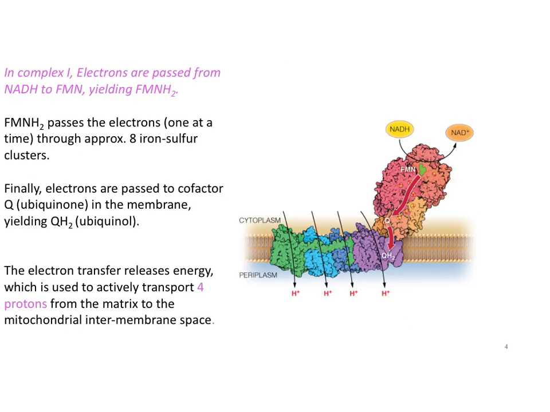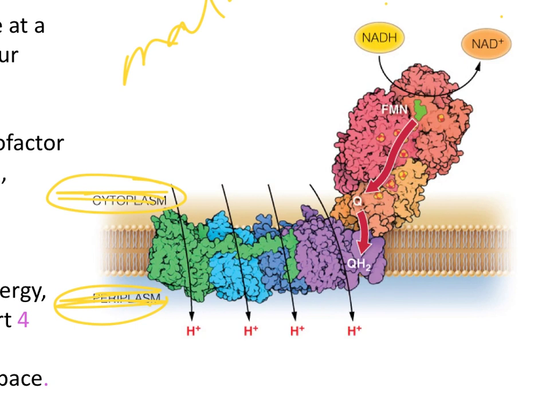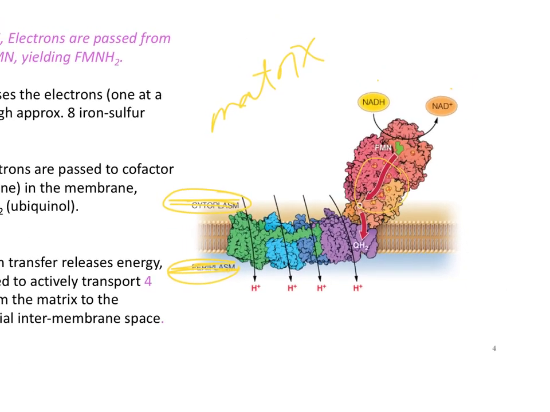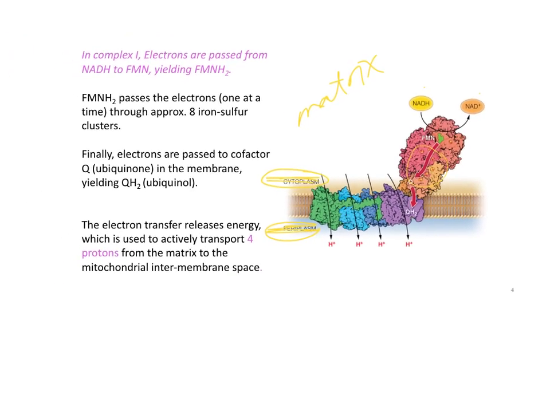Okay, so complex 1 is huge. They're all huge, but here's a schematic cartoon diagram of complex 1, and what you're looking at is not a eukaryote. You're looking at a bacteria, so don't just ignore these things, okay? So here you have NADH going, so that for us this would be the matrix, okay? So you have the NADH going to FMN, which is then passed to these iron-sulfur clusters, and I think there's 8 of them. There's a whole bunch of iron-sulfur clusters, and then eventually it's passed to Q, and then QH2,